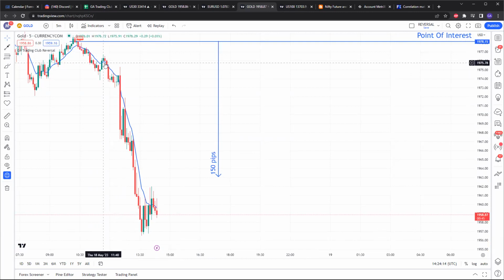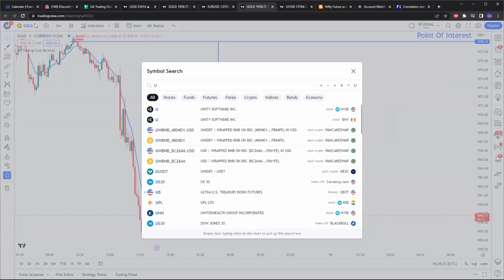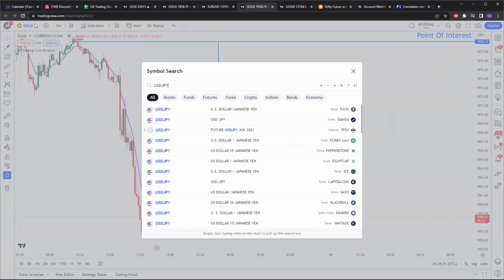So to me, yes, this is a red flag for my reversal. This is not a red flag because it's only one candle that closed above the 9 EMA. The next candle closed below it. So if you're in doubt, take a screenshot of this. This is my perfect trend. When you compare this to UJ, USD JPY,